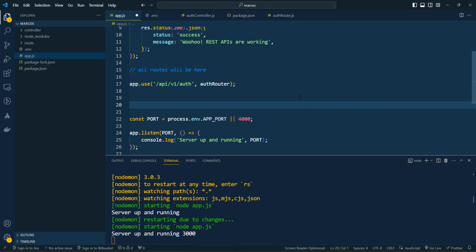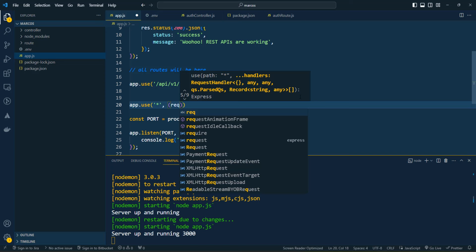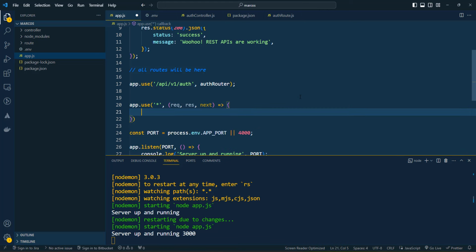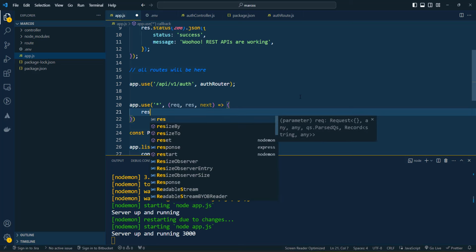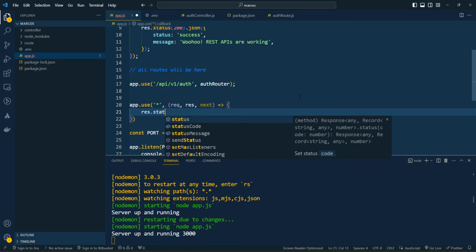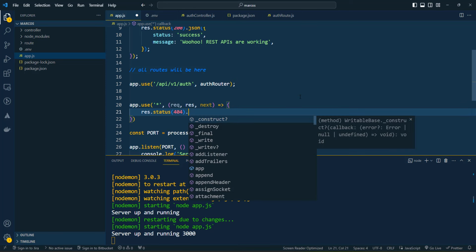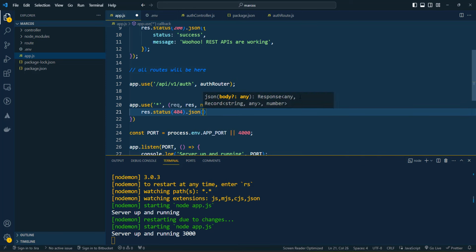After all the routes, you need to use app.use and specify a dot asterisk. It means if no route matches, this is going to match. And it will take request, comma, response, comma, next. Next is a middleware in Express, so we'll come to it later on. We'll give the response from here, response.status. Let's make it 404 not found, and we'll give a JSON response as